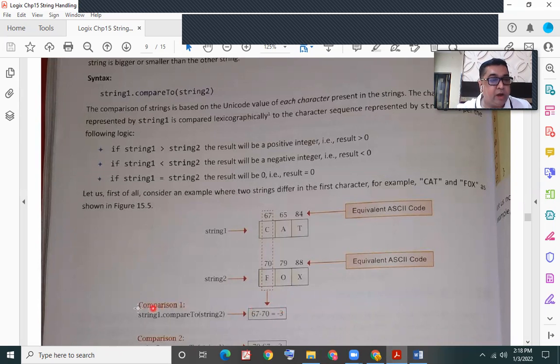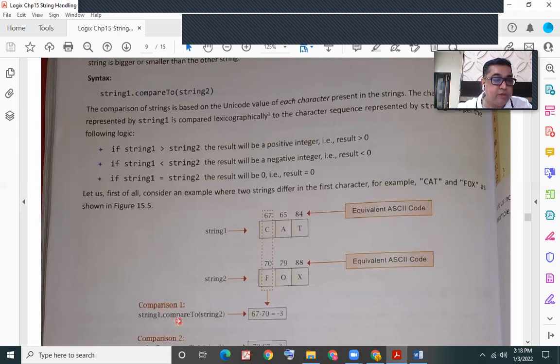This is provided I call the method as string 1 dot compareTo, and in brackets I provide string 2. So the ASCII code of the first character C, 67, minus the ASCII code of the first character of F, 70, gives the result minus 3.